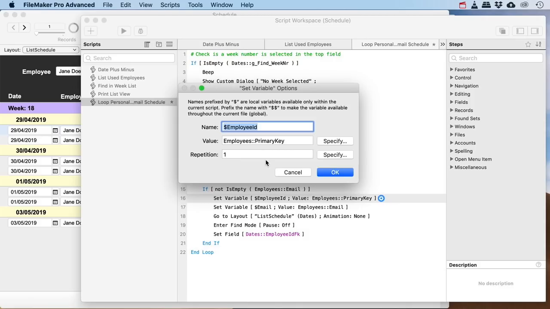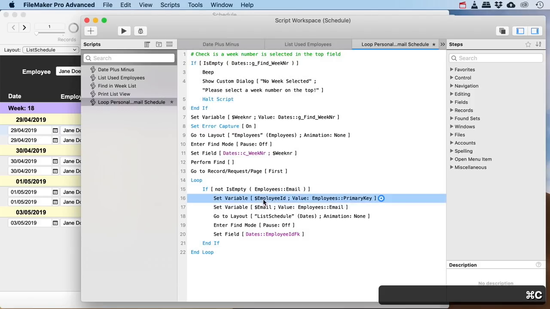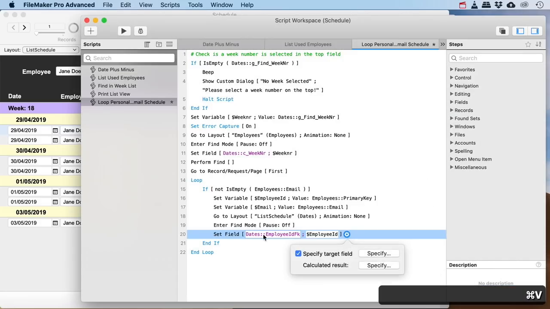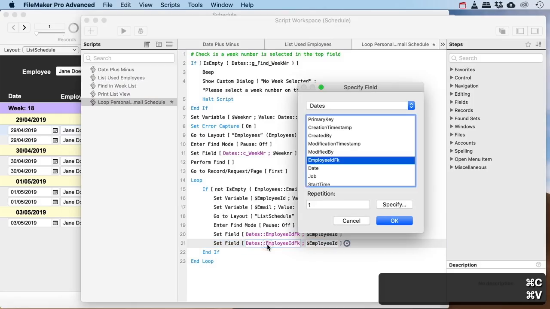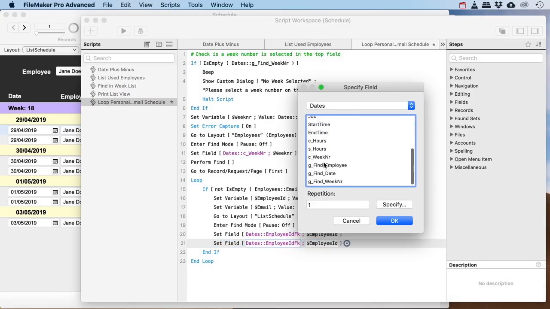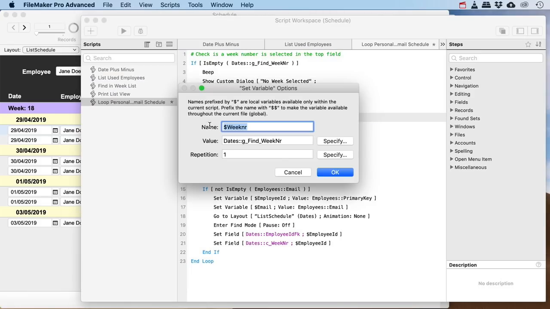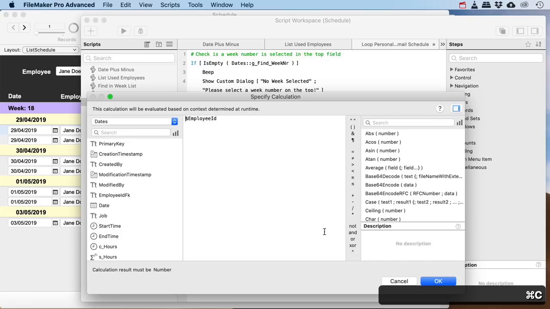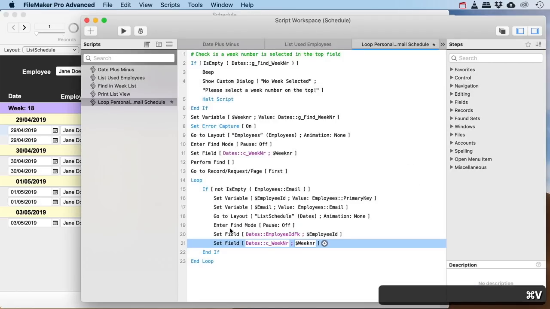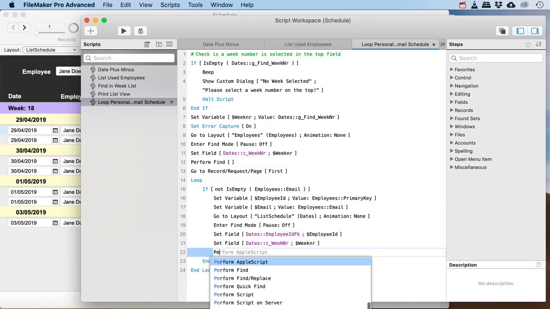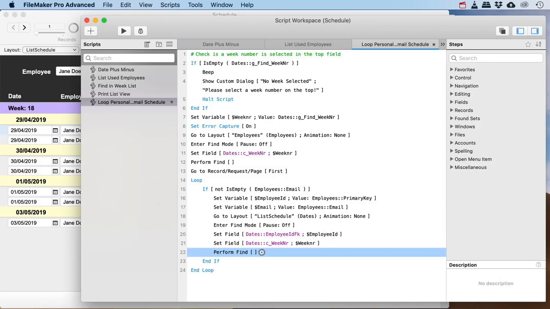If you don't want to make any mistakes, you're just going to copy the name of the variable from here, and then you're going to specify that calculated result so that it's not incorrect. And I'm going to copy this step because I'm also going to specify the week number. There you go. And the week number is going to be the one that I've set here. So $week number. Okay, so I'm gonna go to my list, I'm gonna enter find mode, I'm gonna set my employee and week number there, and then what I want to do is perform find, and I also want to do a sort